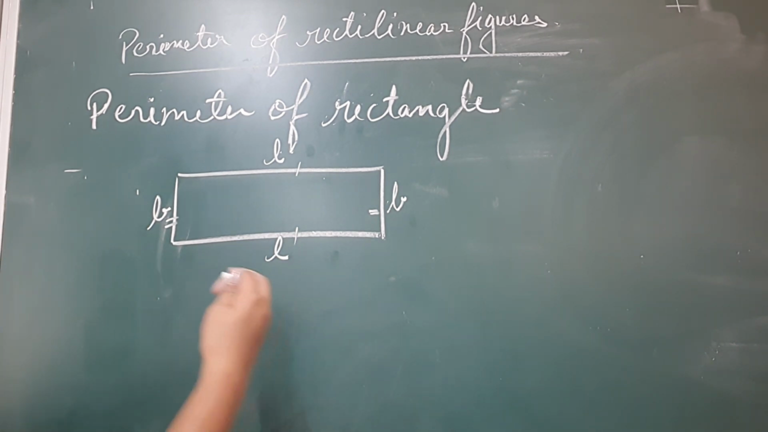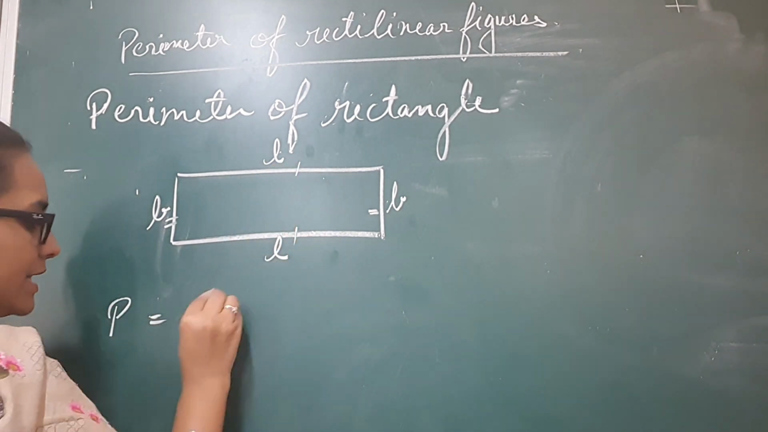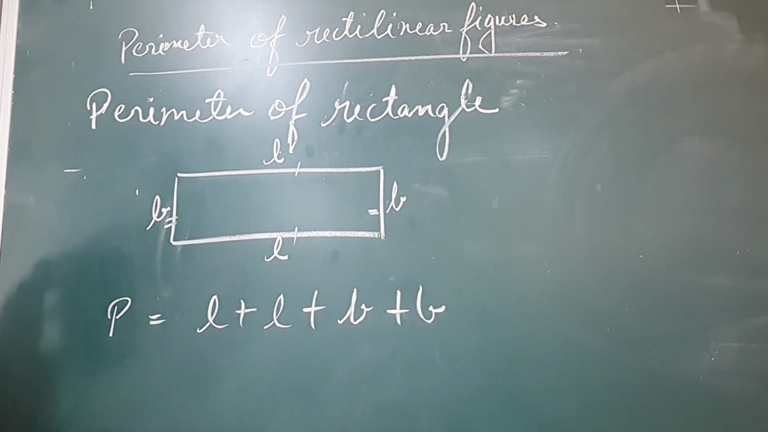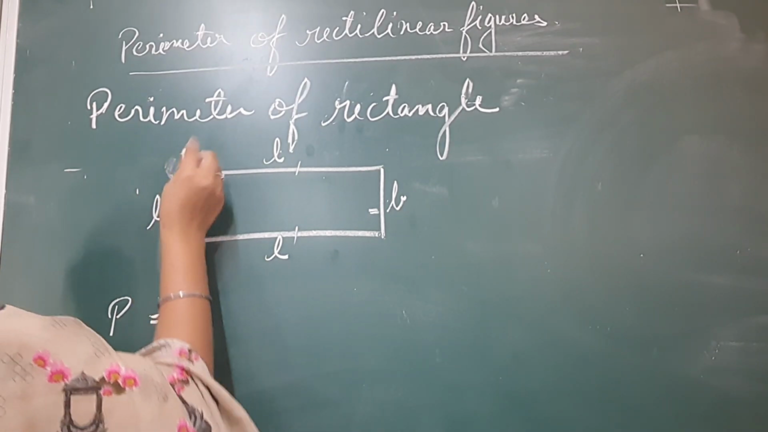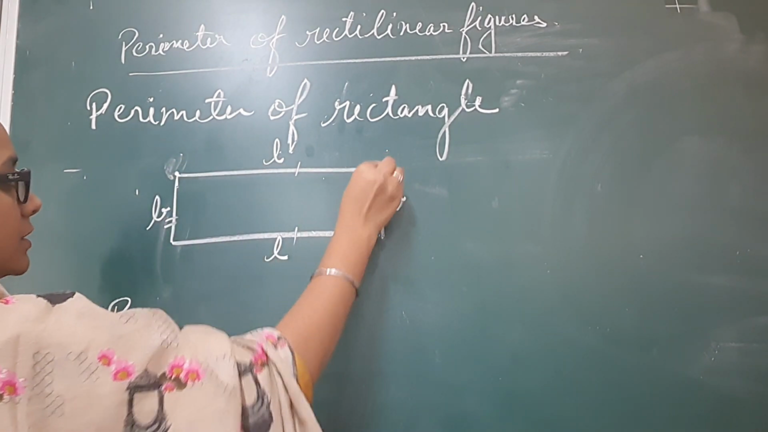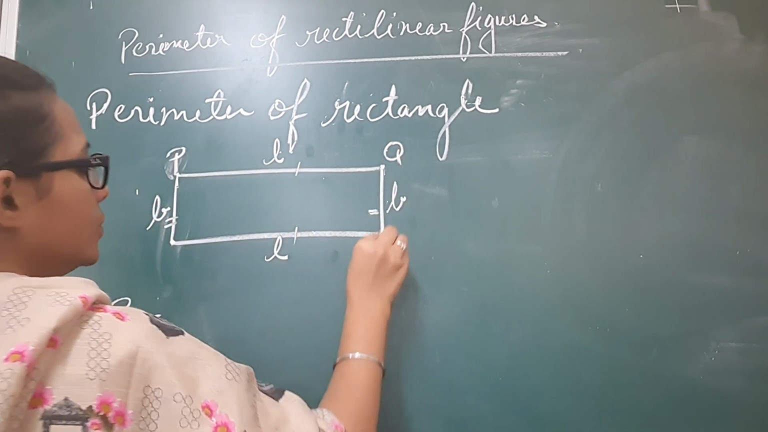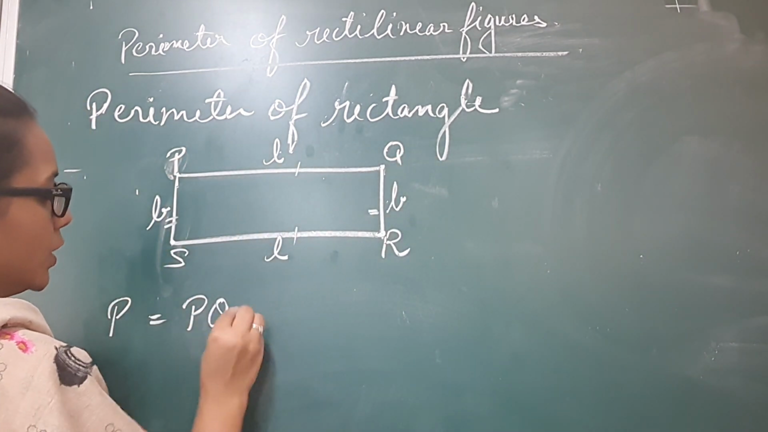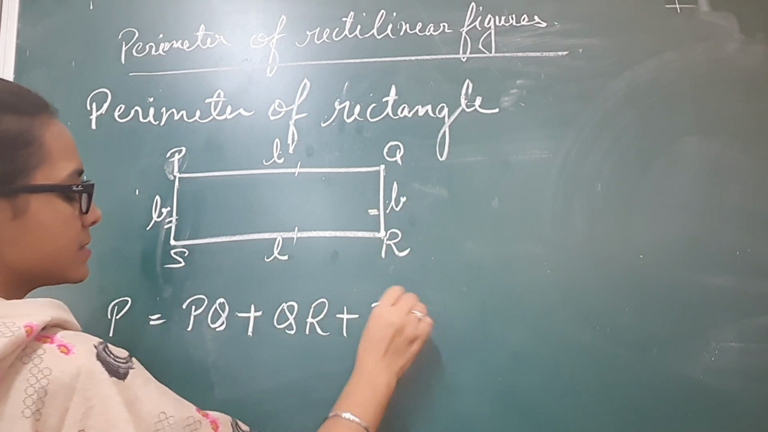Now, how do we find the perimeter? You can write it as length plus breadth, or else let us go with a brief explanation. I am going to label the figure as P, Q, R, S. So the perimeter is PQ plus QR plus RS plus